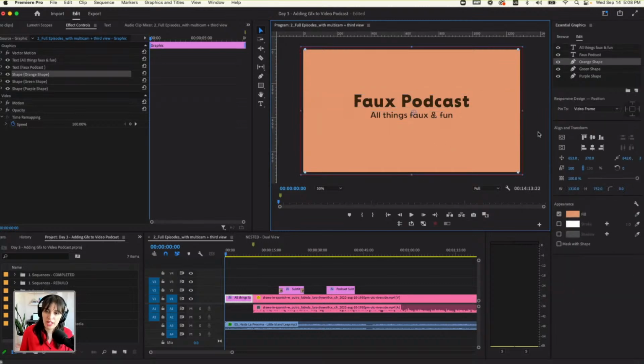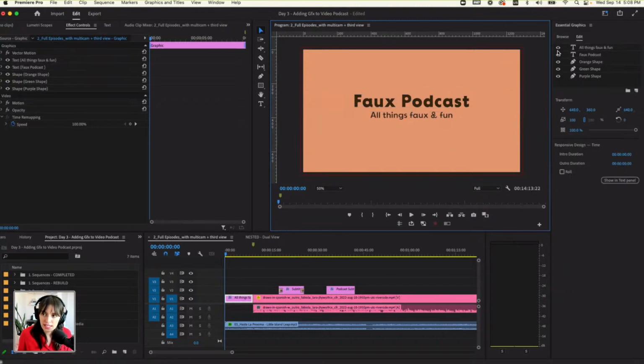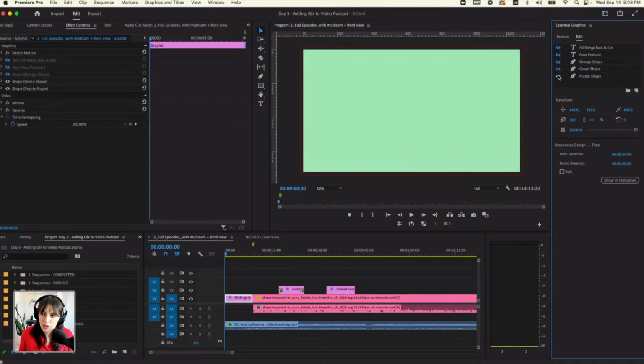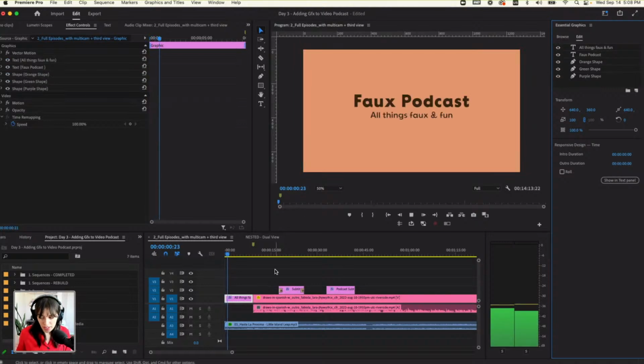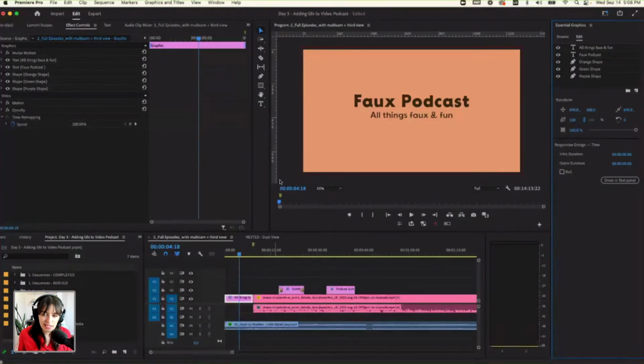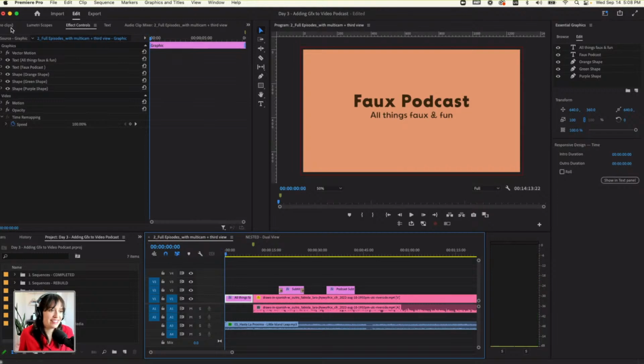Okay, great. So now we have all these elements, but we don't have them animated or anything, which is kind of boring, right? That's kind of boring. So I'm going to show you some really basic animation here. If you're not familiar with keyframing, this is going to be great for you. If you are familiar, stick around because you don't know what I'm about to do. Okay, so we have all these different